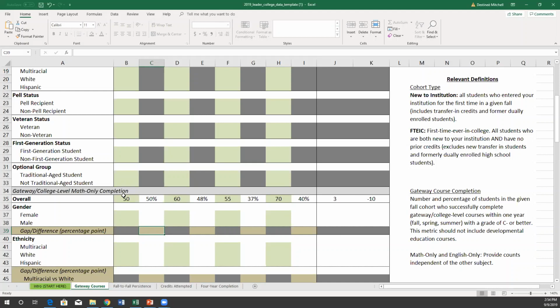We also institute a little bit of error checking. Let's say you entered an extra 0 and this became 500. You'll notice that you've got some really great math completion rates at 500%. But we know that's not possible. So the cell will become red colored in its text to alert you, you might want to double check this number because something's not making sense.